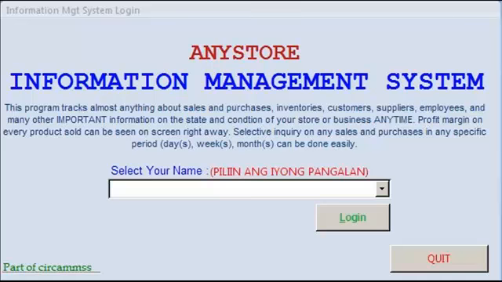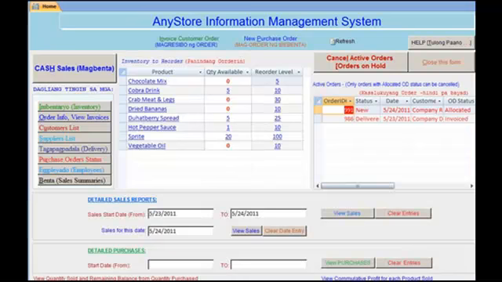Any Store Information Management System, AIMS. Summary of information, features, and capabilities. Any Store Information Management System is a database system that manages all information entered into it by tracking information on